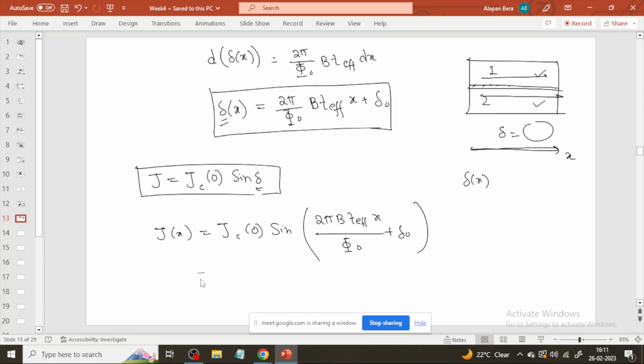And that can all be written also like this: sine 2 pi x by lambda J. The lambda J is a length scale that appears when we try to solve things in the Josephson junction. So lambda J is a characteristic length scale in the case of a Josephson junction, and that is given by phi naught by d t effective. Okay, so our final equation is then like this: